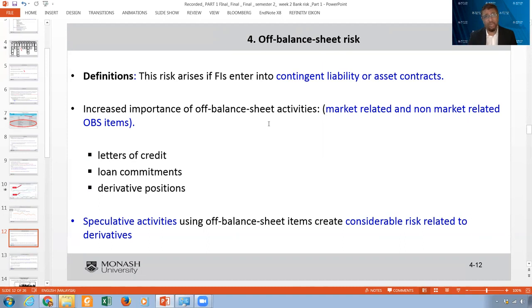Banks give guarantees, banks open LCs, what you call letters of credit, and we will talk about it later on. Don't worry about it. I just want to tell you, banks provide guarantees to others. When you provide a guarantee for 50 million or 100 million for a customer because he's going to take some contracts with the government and they need that guarantee, the bank will issue the guarantee to their customer and the customer can give it to the government. If this customer is a contractor taking a big project, yes, they can take it, but actually the bank didn't pay money and it's just a piece of paper.